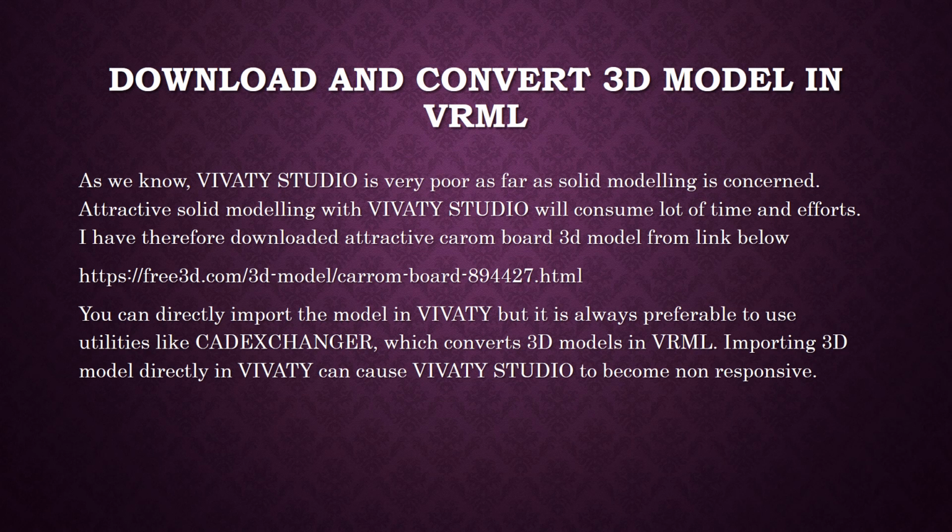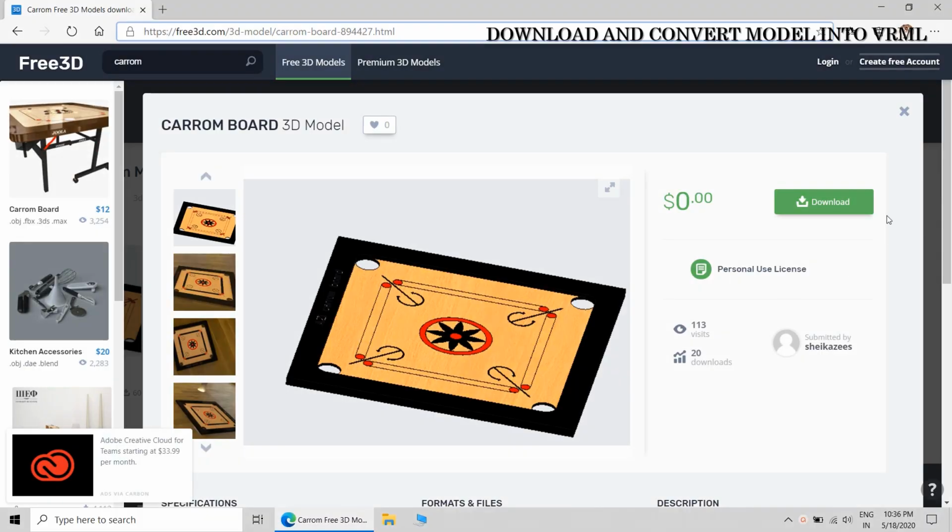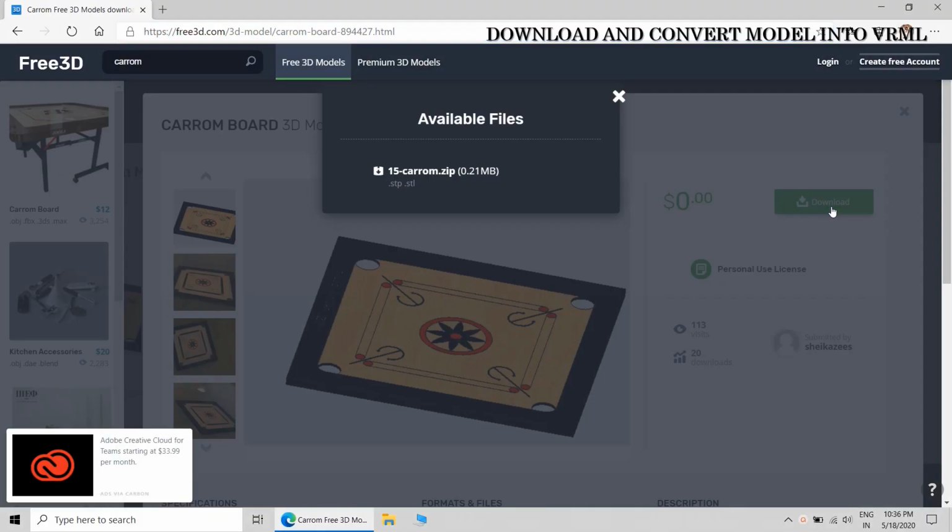So it is always better to convert the object into VRML prior to importing it into Vivity Studio, and there are utilities like CAD Exchanger which will help you in this task.